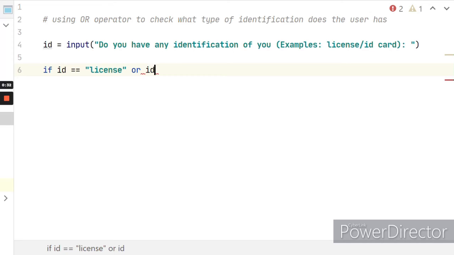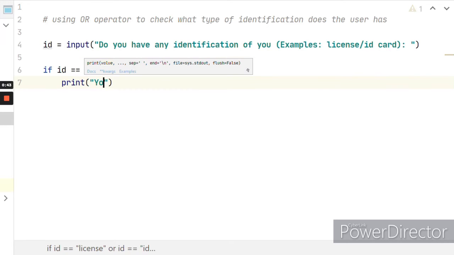Then you say or ID equals ID card. Then you will say you can do whatever you want, or anything you want to say.